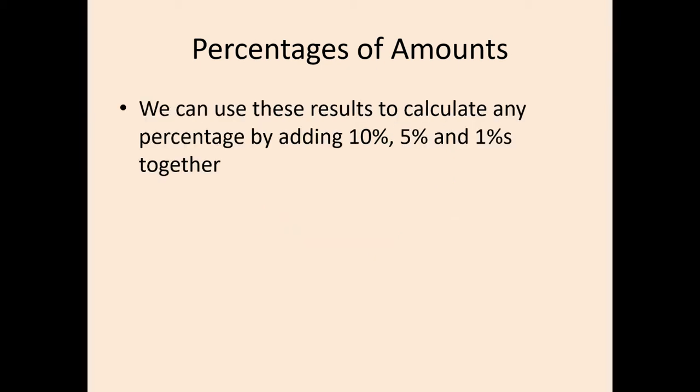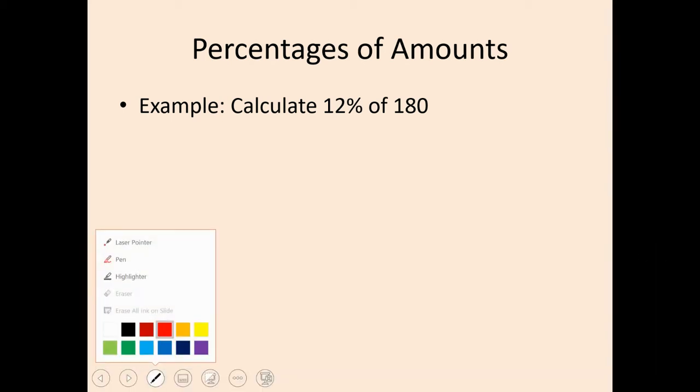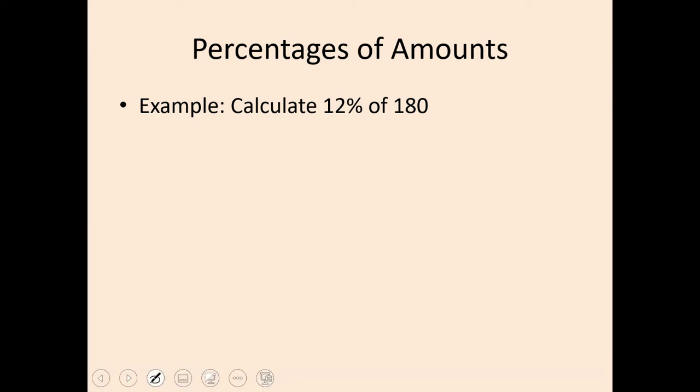Okay. It says here we can use these results to calculate any percentages by adding 10%, 5%, and 1% together. For instance, here, 12%. Now 12% is a combination of 10%, then working out 1% plus 1%. So in other words, what's basically going on here is to work out what 12% is, we need to first work out what 10% is, and then work out what 1% is, and then work out what 1% is as well, and then add them up